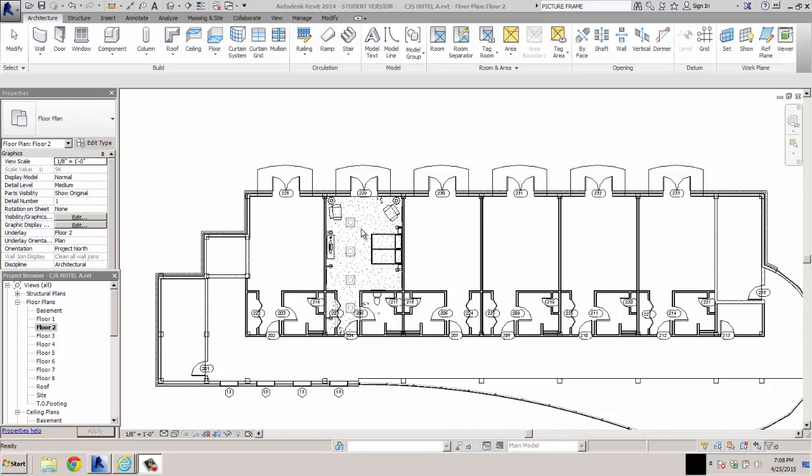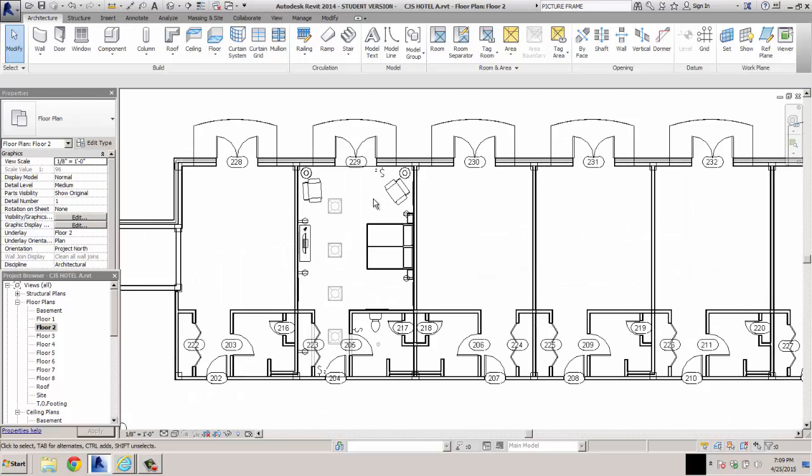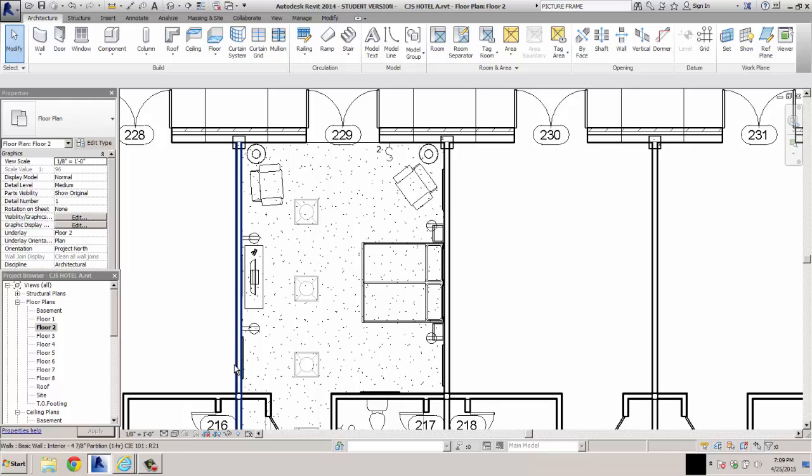But before we do that, I want to show you a couple of little tricks that you can do to customize your project. So I'm going to zoom in here, take a look a little closer. You can see I've got some picture frames on the wall. And where I got those was, I'm going to go to,